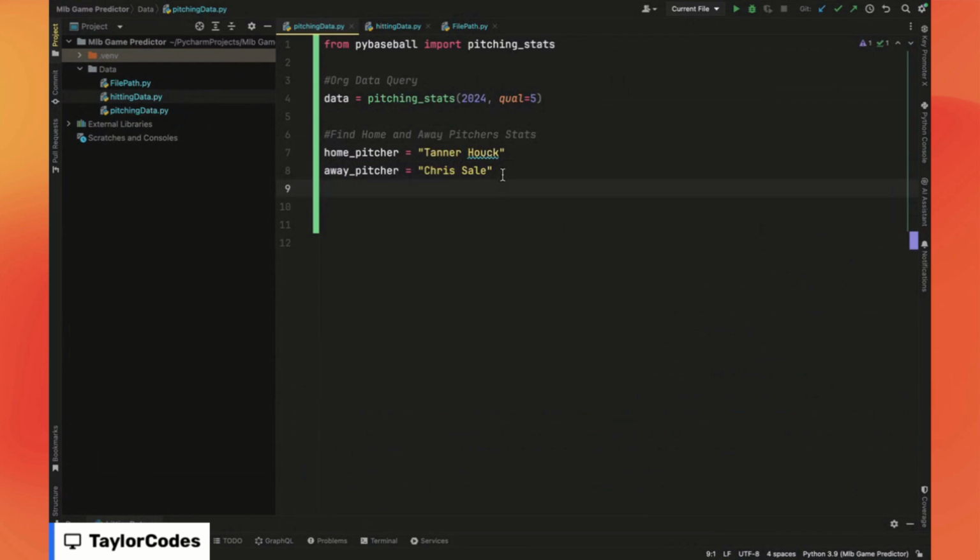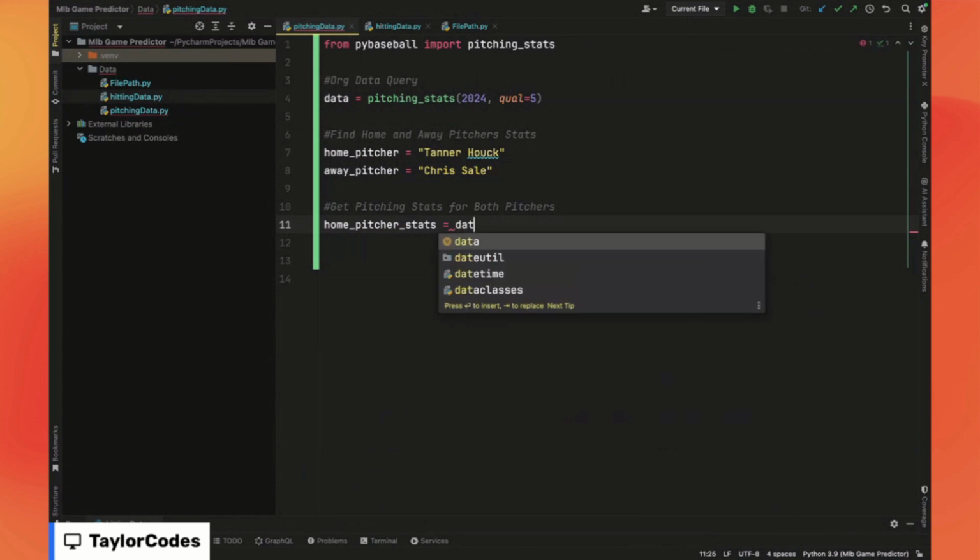So now we need to get the stats for both Tanner and Chris. So to do that, we are going to pull the data using our data query. So we'll say get pitching stats for both pitchers. Okay, and to do that, we're going to say home pitcher stats is going to be equal. So the home pitcher stats variable is going to be our data that we're pulling for our home pitcher, so Tanner in this case. And we're going to say it is equal to data,